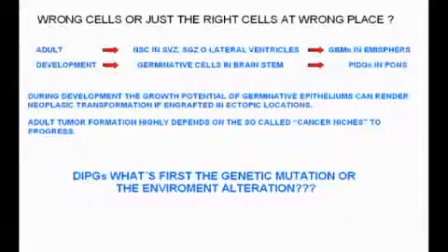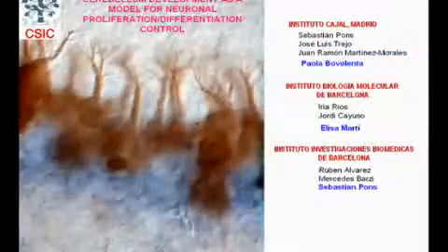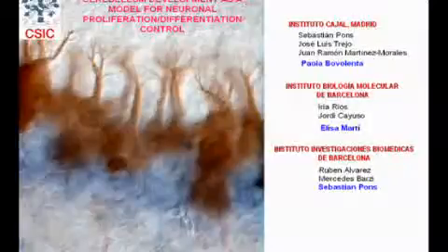Can we make a model to study whether a cell mutation gives rise to the tumor, or maybe the cell is just not in the right environment and doesn't receive the right signals to differentiate or to stop, or maybe most of the mutations we find in an already formed tumor would not progress if the environment were correct. And now I'm going to explain a little bit what has been my work, trying to study what makes the cells